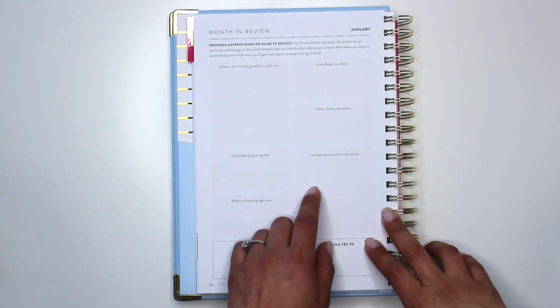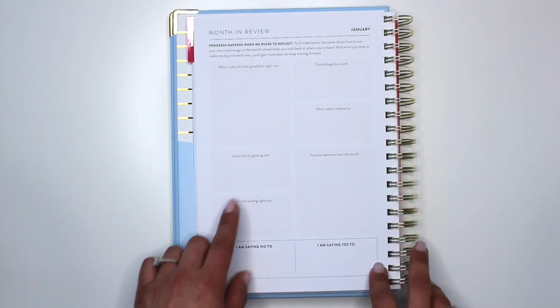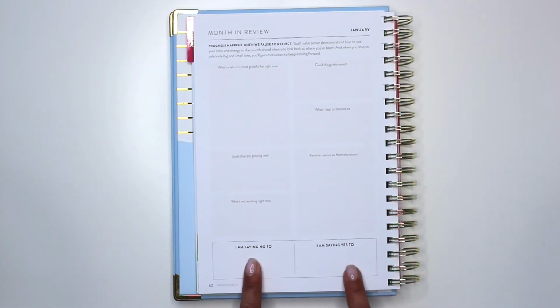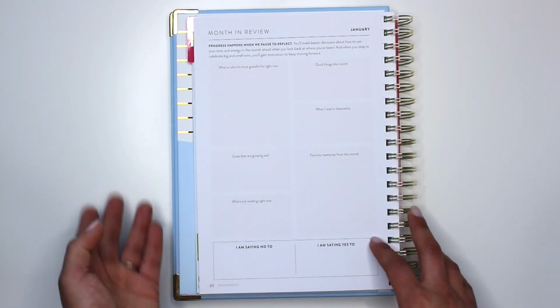things that happened this month, things that you read or listened to, your favorite memory of the month, goals that are growing well and what's not working right now, things that you're saying no to and things that you're saying yes to. So this is just a review and a moment for you to reflect upon January as you're finishing